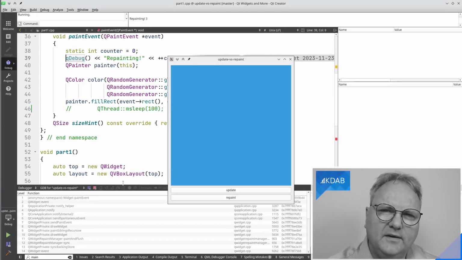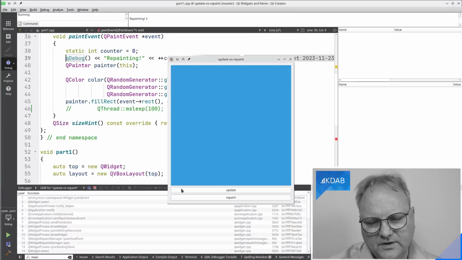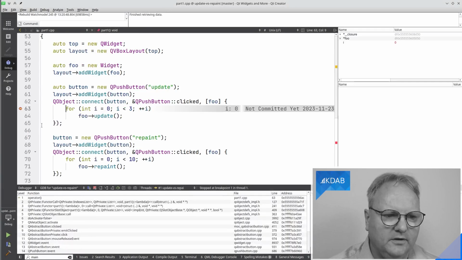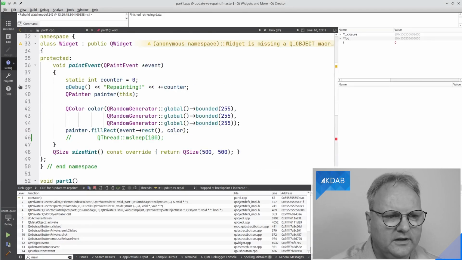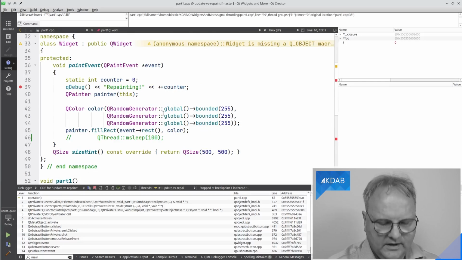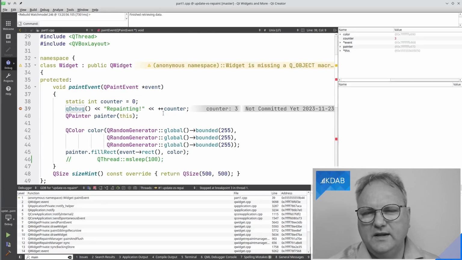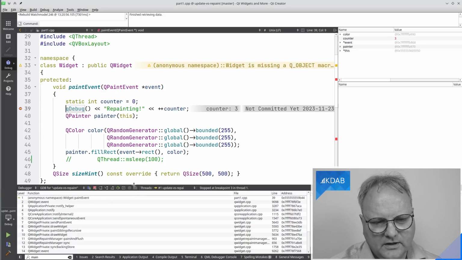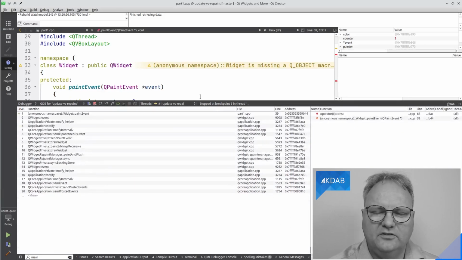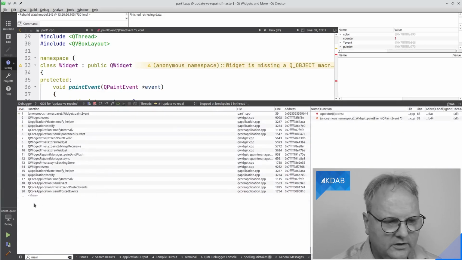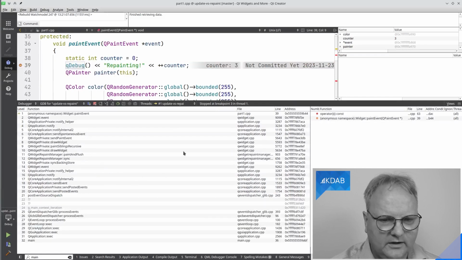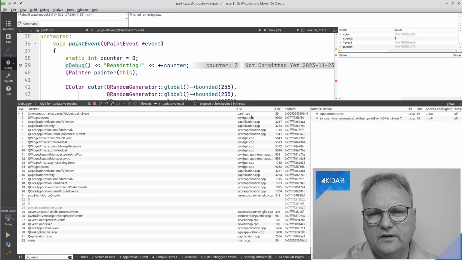So let's try the same exercise again, this time hitting the update button instead of the repaint button. I got into the place where it got called, and I will set the breakpoint up there. Press F5 to continue on to the paint event. And let me just make this bigger here. I'm afraid I can't change the font size, but what you'll notice if I just expand for more here is that we are in part1.cpp.